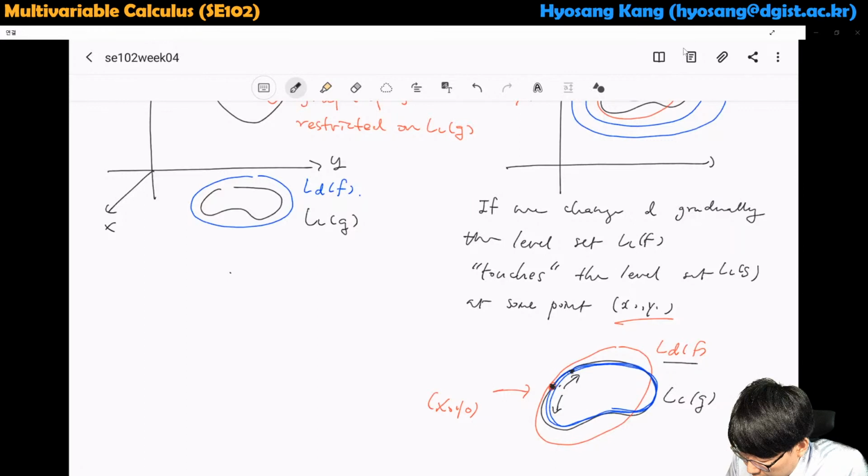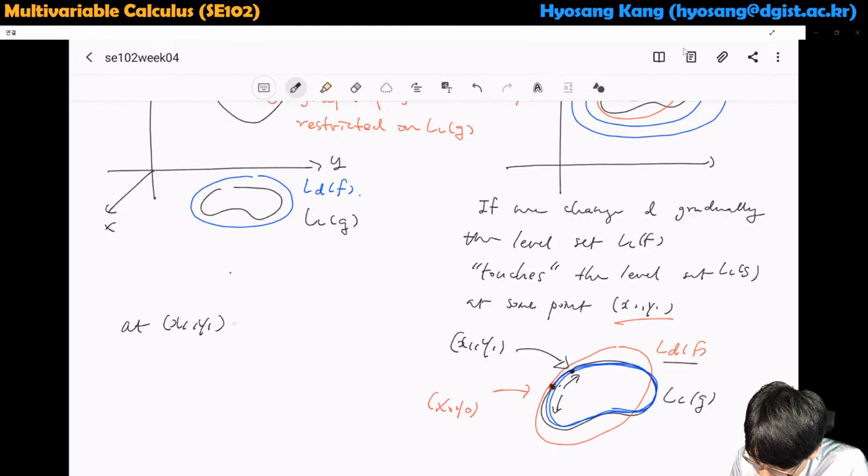So at a point other than x0, y0, let's say x1, y1, the function value at this point is smaller than D,